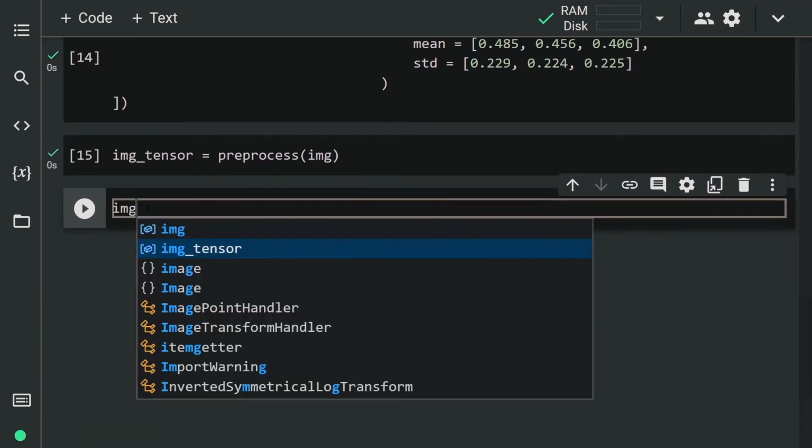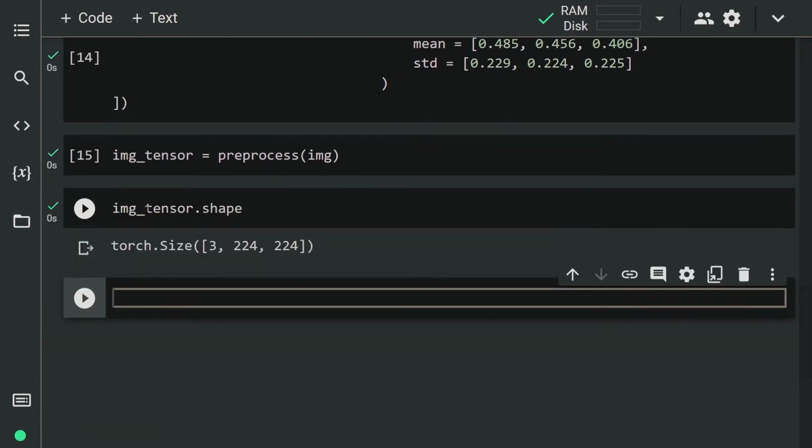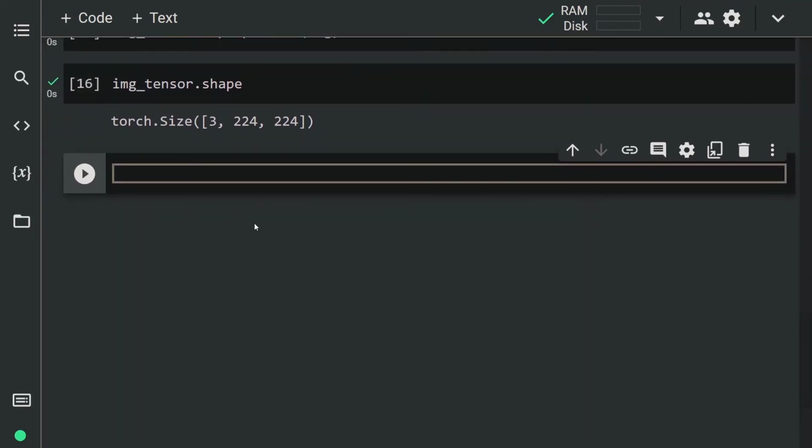The img tensor is 224 in size and consists of 3 channels in the form of RGB. Deep learning algorithms work with millions of data. It doesn't make sense to give all of this data to the model at once. Data is given to neural networks in groups called batches. The batch size can be 32 or 64. You specify these values according to your analysis. We only have a picture, but deep learning models expect data to be batched.